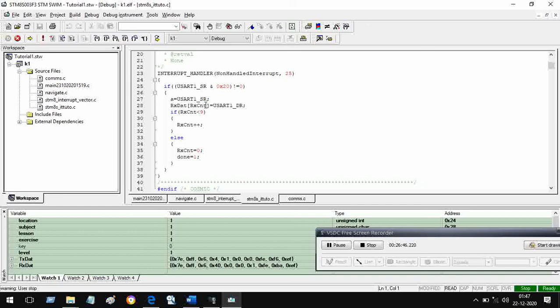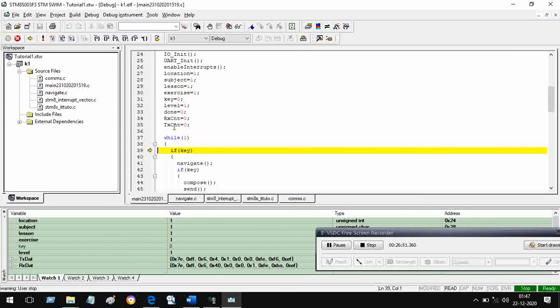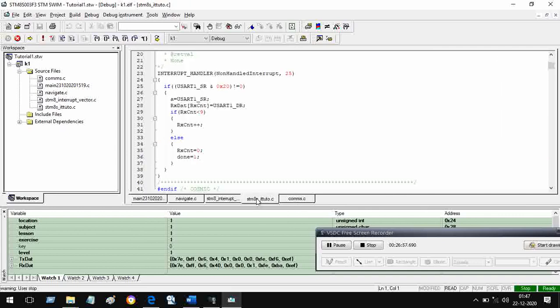So initially TX count is 0. In the main program we have made this 0. Rx count we have made 0. So in this file also, initially it will see it to be 0. And when it receives bytes one by one, every time it increments Rx count, so that the first data will go into RxDat 0, next will go into RxDat 1, because we are incrementing Rx count.